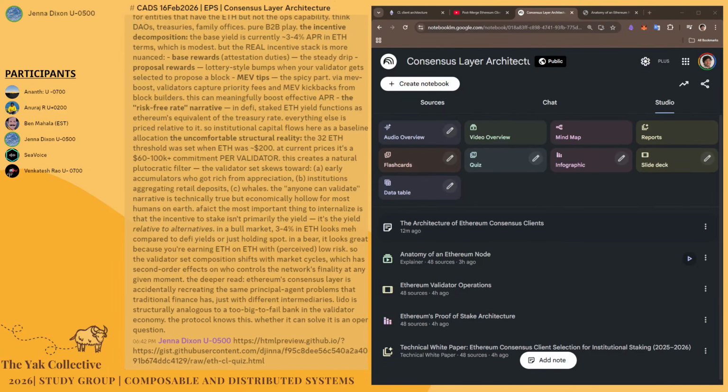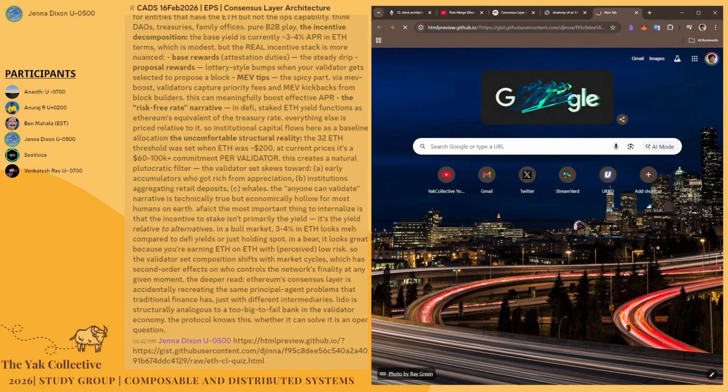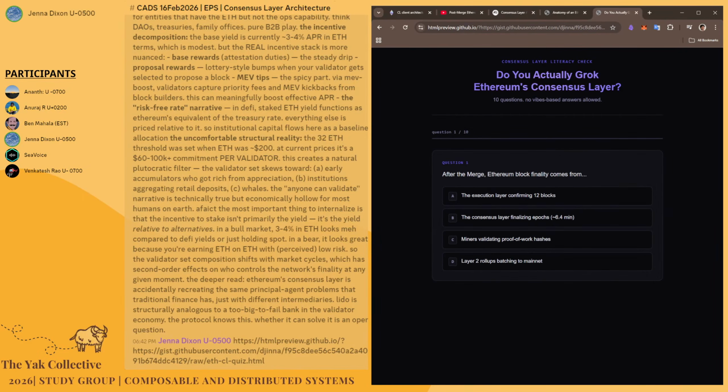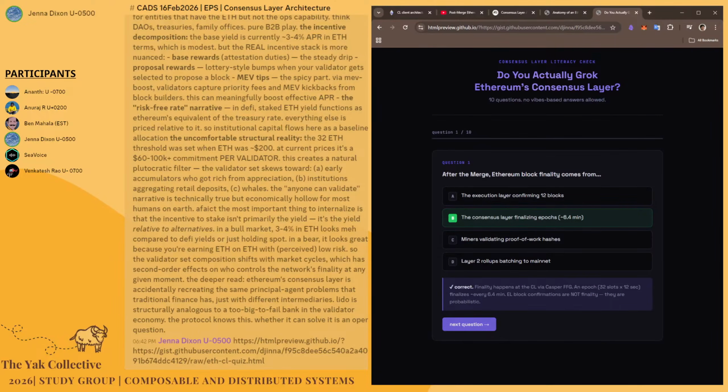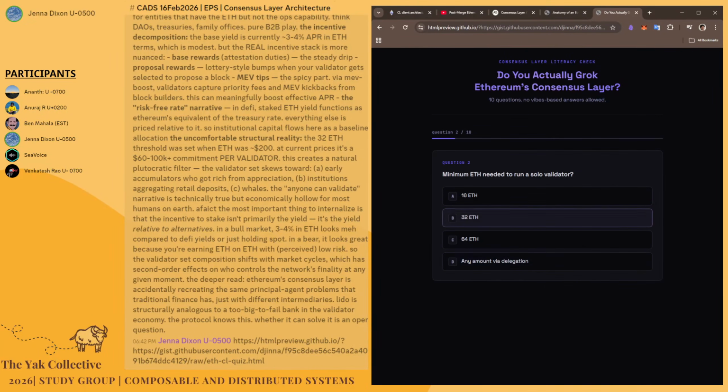Yeah, I'm having fun with this. I've been trying to think about how to make my brain engage with this stuff differently. So now I'm making quizzes. You guys are welcome to play. But the short answer is I really like thinking of the question that I gave to Eigencloud, which is: as a normie crypto-using citizen, what's useful to know about all this? And one of the answers was that if you're going to stake your ETH, it matters where you put it. So that's kind of neat.